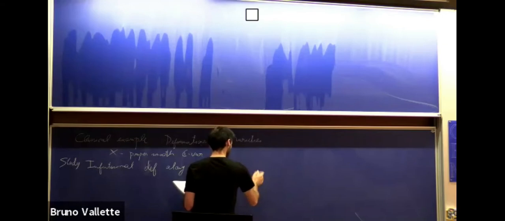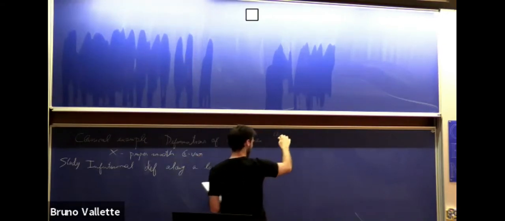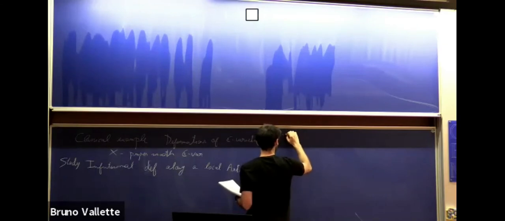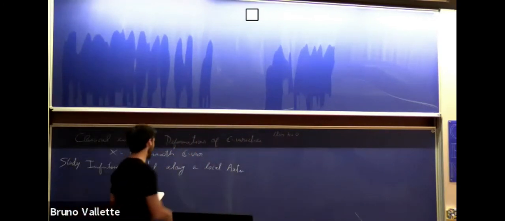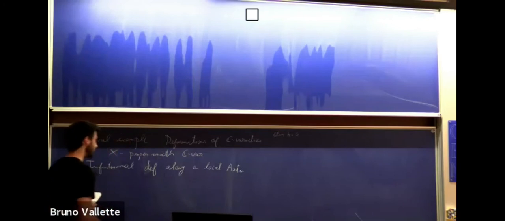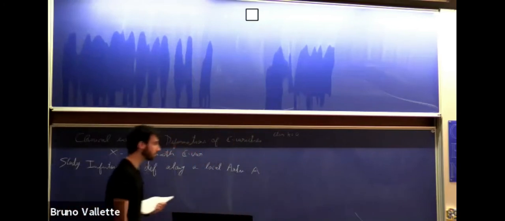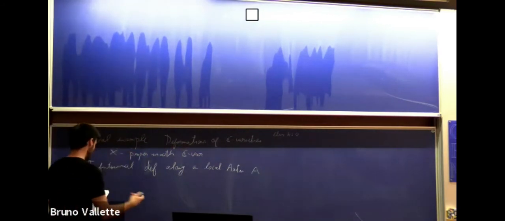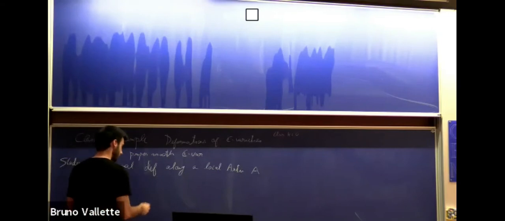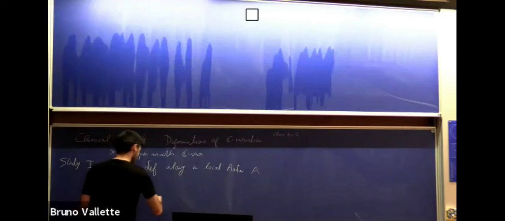ring or algebra. So just for the moment, we're over the complex numbers, but I will explicitly say if at some point we ever leave characteristic 0. So this is a constant for now. And we're deforming along a local Artin ring A, and the picture to have in mind is you have